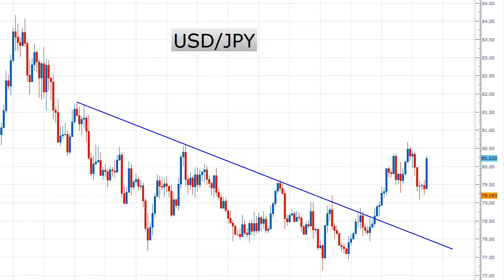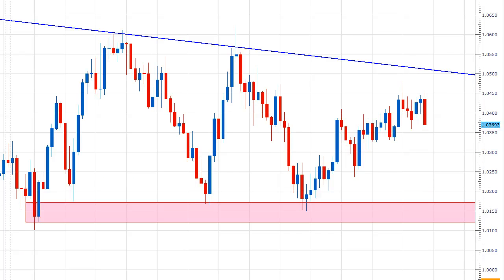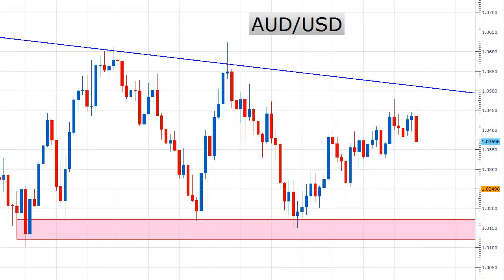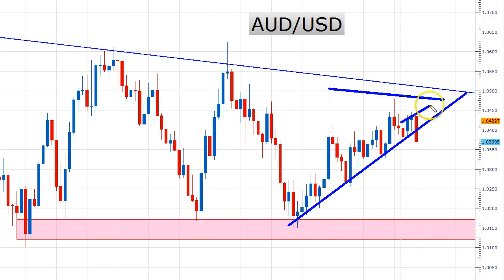Okay, let's take a look at the AUD dollar as well. Obviously, again, I mentioned before that the AUD had an incredible day of weakness today. Whether that is legitimate weakness or just shaking out the people who finally got on board with the AUD strength, that's yet to be seen. But obviously, the AUD dollar especially covered a lot of ground to the downside today. One thing to note is that we have this trend that's forming here. It's been moving up pretty consistently, heading towards the major level here, and forming this mini wedge that we talked about in this area.